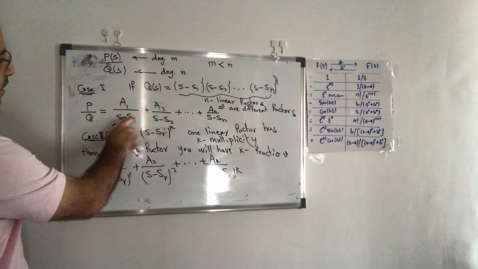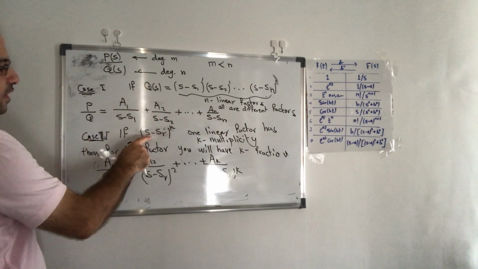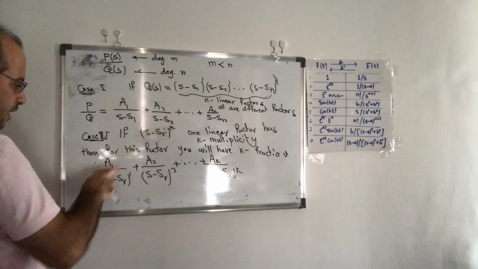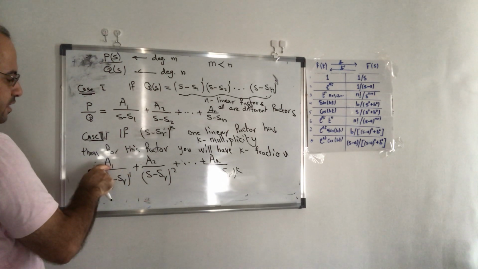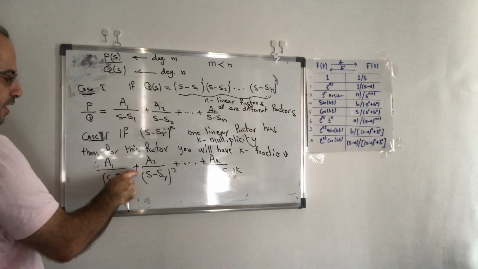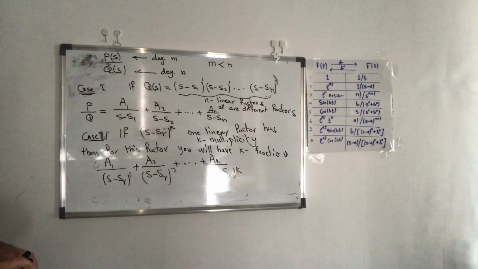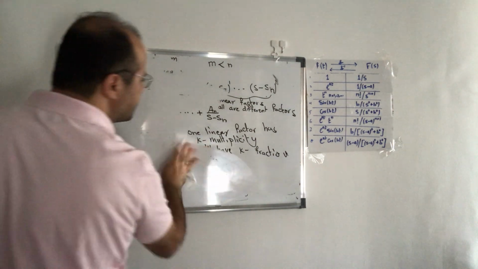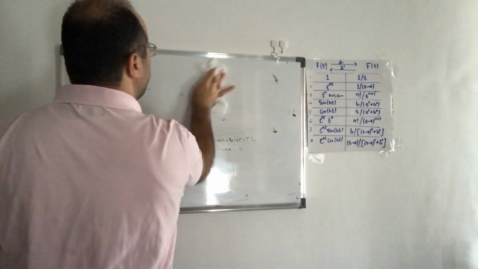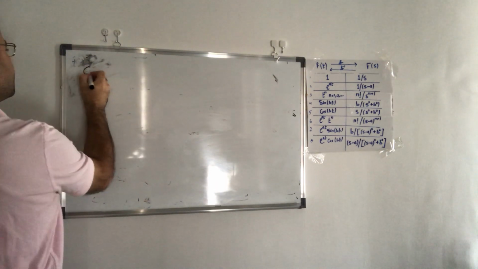This, by the way, these are the roots for the polynomial. Now, if you have something like S minus 2 power 2, then you will have S minus 2 power 1 with a constant up in the numerator, and the second one will be S minus 2 squared and another constant up. Okay, there is one more case. I'm just reviewing this for you, very fast. If you have one more case, or two more cases, case number 3,